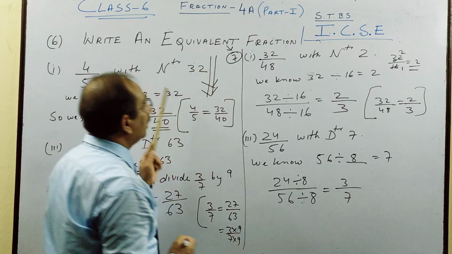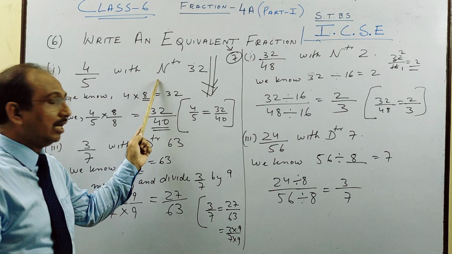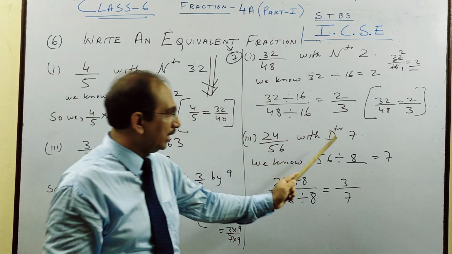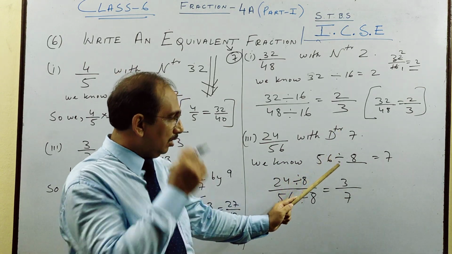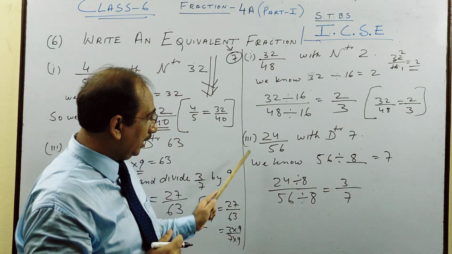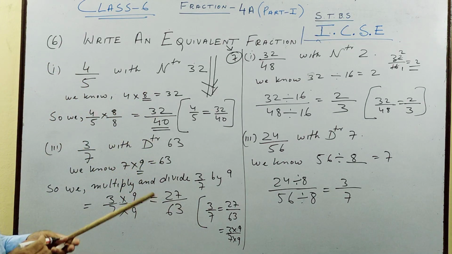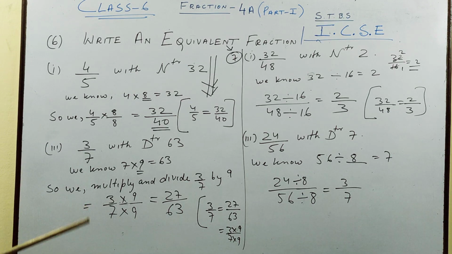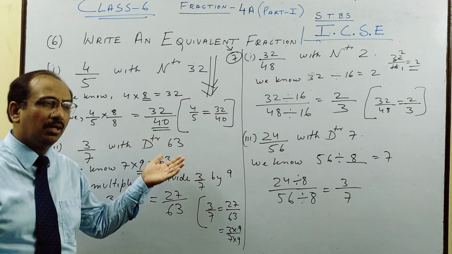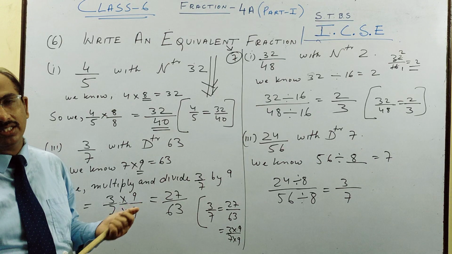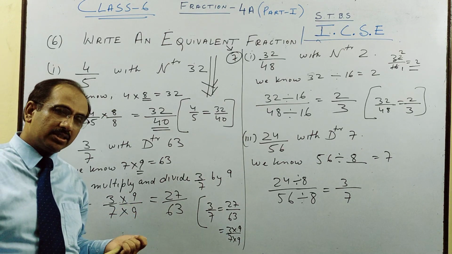You see, numerator I have written NTR in short and denominator as DTR, but you write the full. Try to write the full, and hence we have finished the important questions of this exercise 4A. Pause the video and practice, and in any standard book, children, go through the solved examples and unsolved examples and try to do those sums, and I hope and pray that you will be able to do it. Thank you boys for watching.